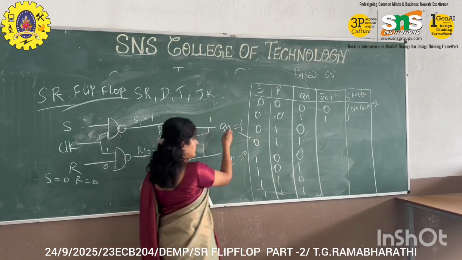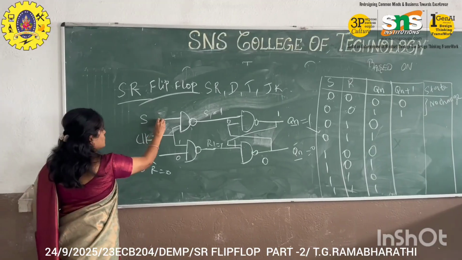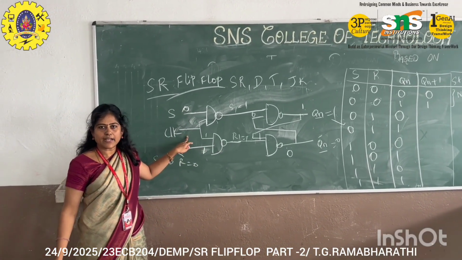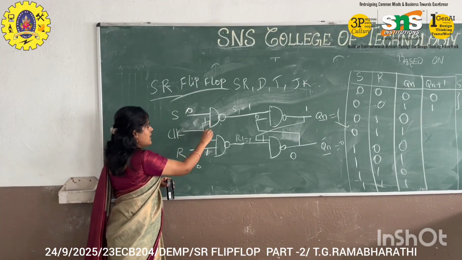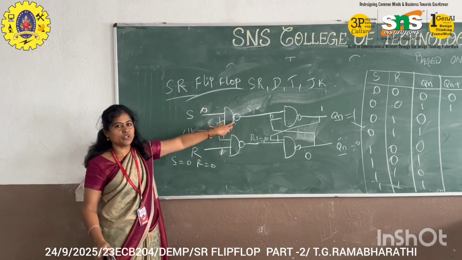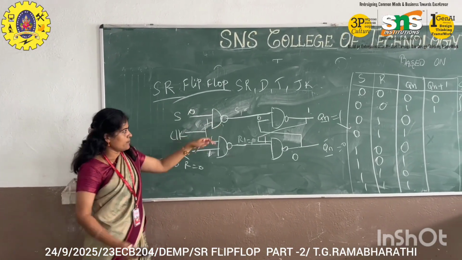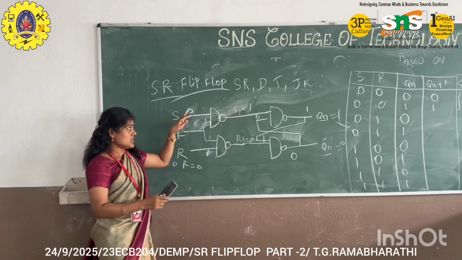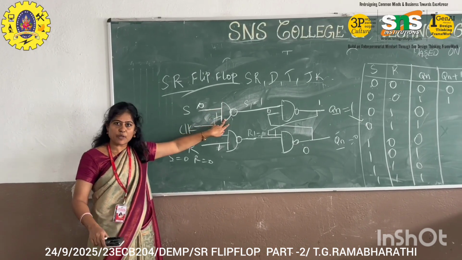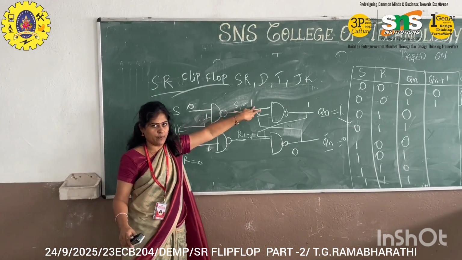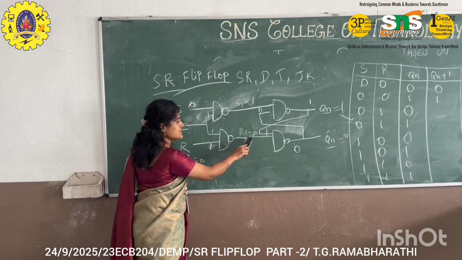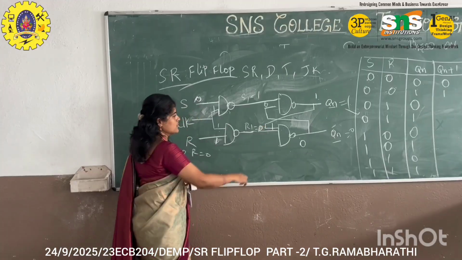So now we'll take the second one, 0, 1. Here S is 0, R is 1. As usual, the clock is the high clock pulse we are giving, so clock is 1 and 1 here. Now we are giving 0 and 1 to the NAND gate. So the output would be 1. S1 is 1, because 0 is given, so multiplied with 1 means the AND gate's output is 0. This is the complement of AND, that is NAND gate, so output would be 1. Then here 1 and 1 we are giving, so the output of the NAND gate is 0. So R1 would be 0.